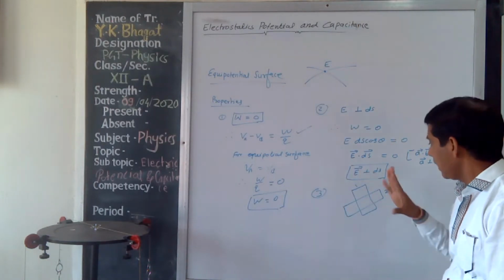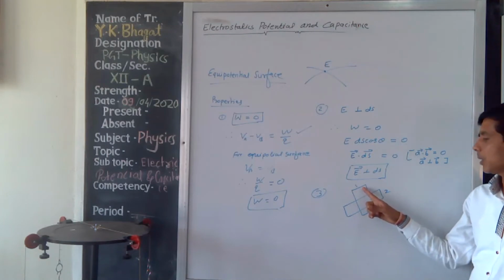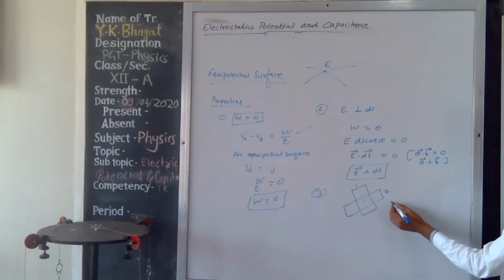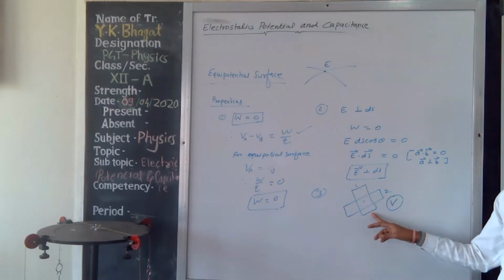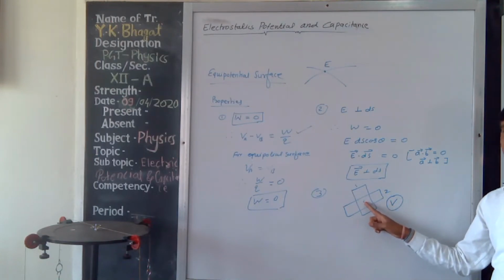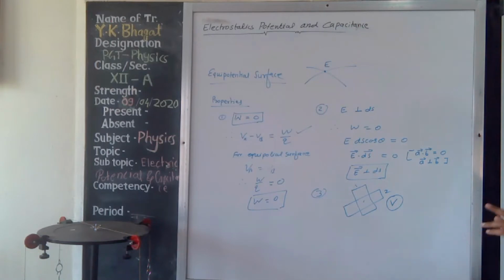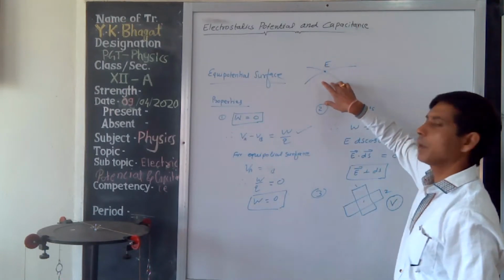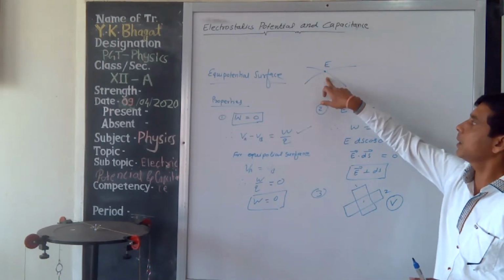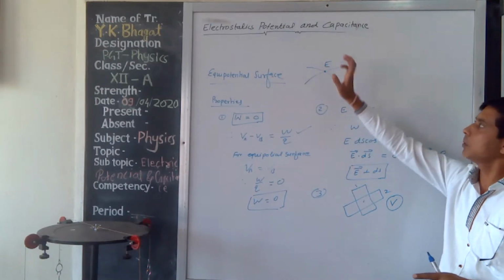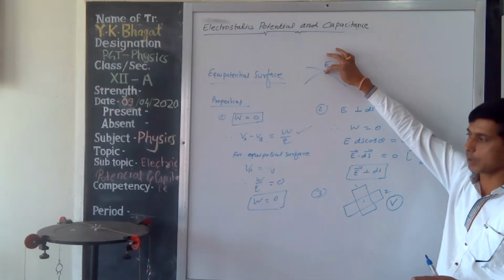Similarly, here, if two equipotential surfaces intersect each other, then at the point of intersection there will be two values of potential, which is impossible. That means there can be two questions for examination. Why do two lines of force never intersect each other? Then the answer will be, if they intersect each other, there will be two directions of electric field at the point of intersection.